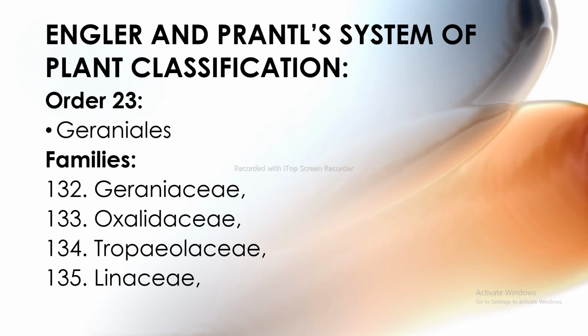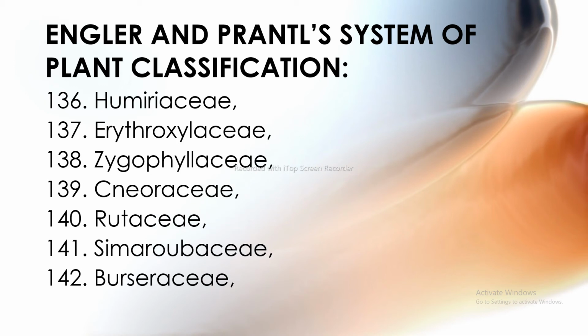Order 23 is Geraniales. Includes the family Geraniaceae, Oxalidaceae, Tropaeolaceae, Linaceae. Next is Humiriaceae. Next is Erythroxylaceae. Next is Zygophyllaceae, Cneoraceae, Rutaceae, and Simaroubaceae. Next is